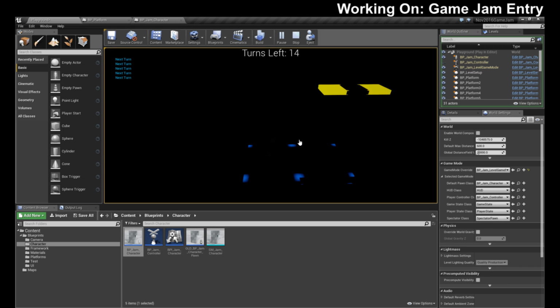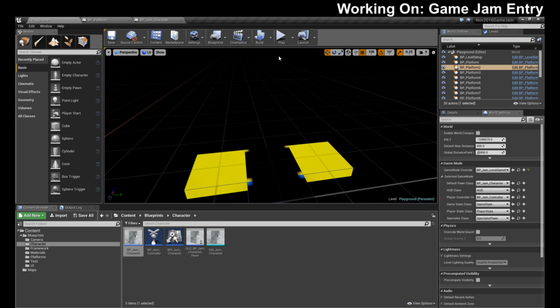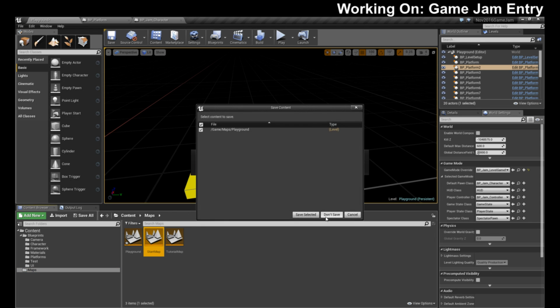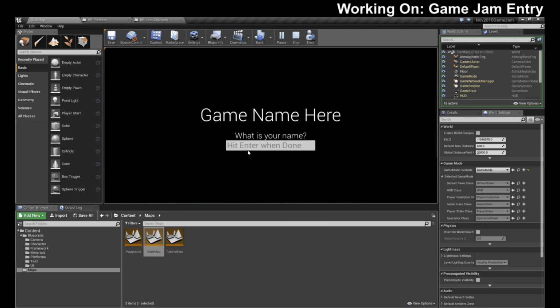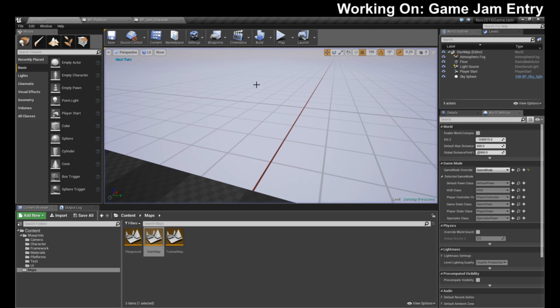You can't even actually tell the player's there. That's what's funny. He's there, you can't tell he's there. The only way you can technically tell he's there is if we go back to our start map and give him a name. And then you know he's there. Okay, so I have to give my character a little bit of an appearance.